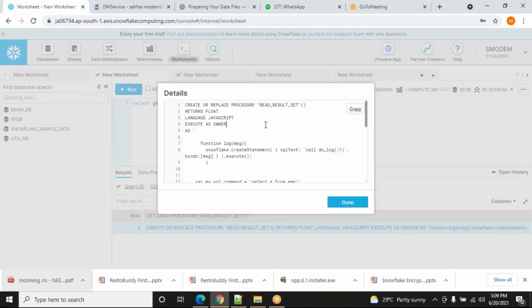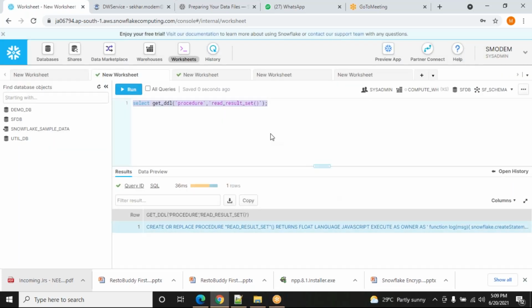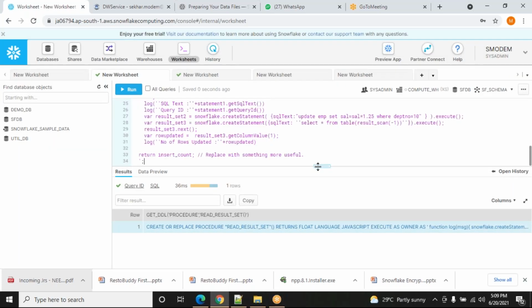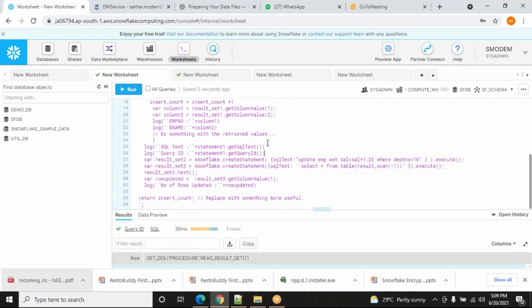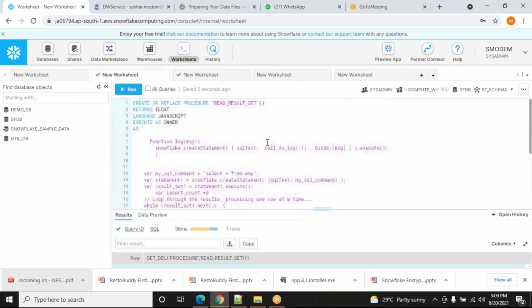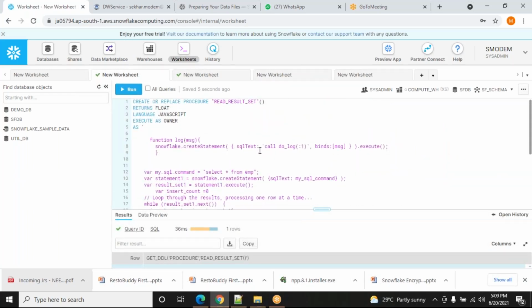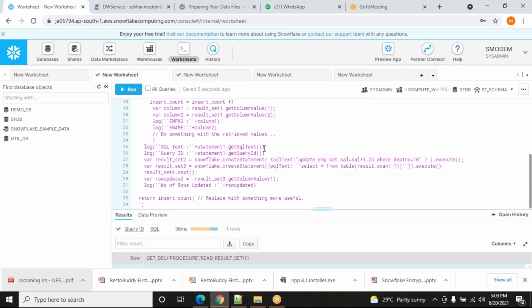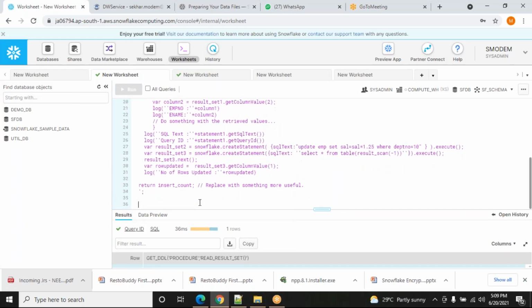I think this is the one, right? Let me... done. Okay. We are logging the data. But this was done. We had some alter session. I'll just show you the example one more time and then